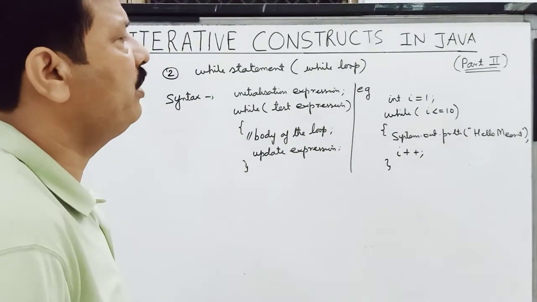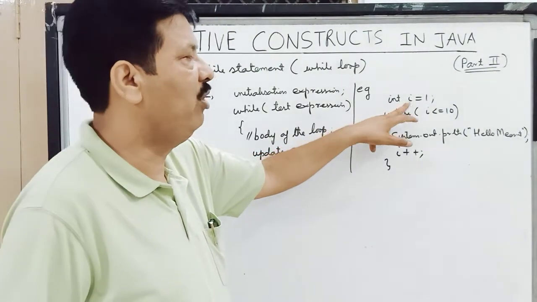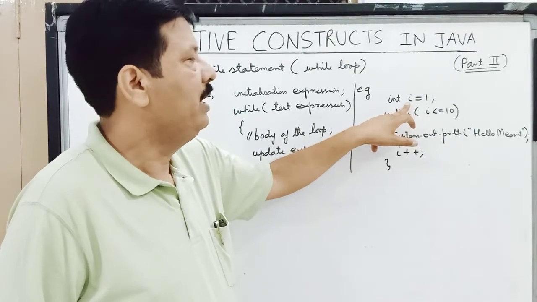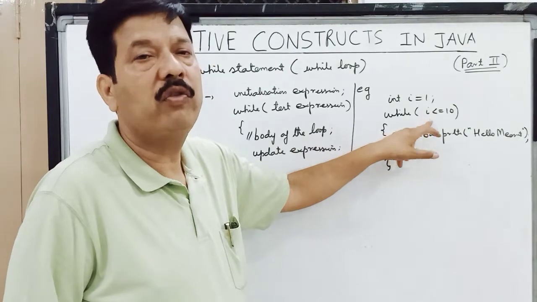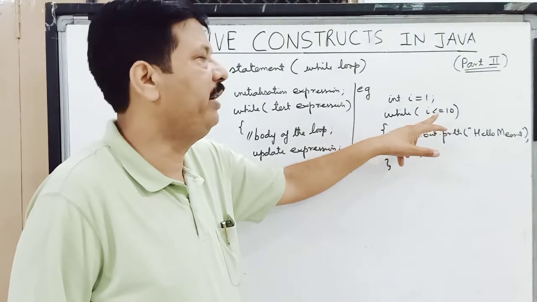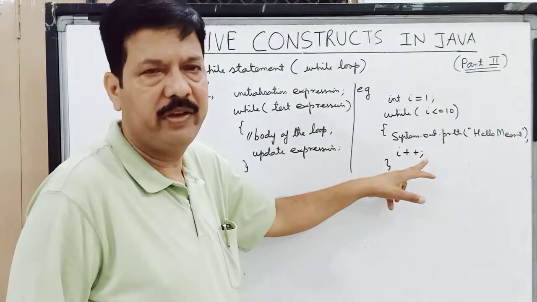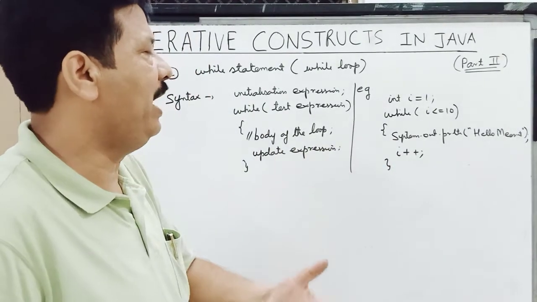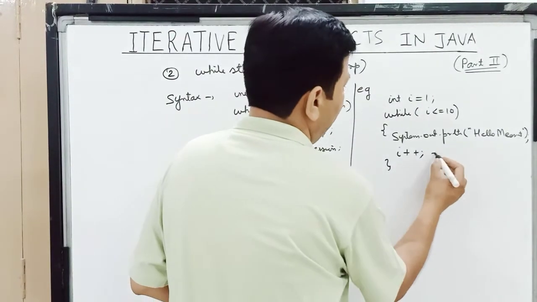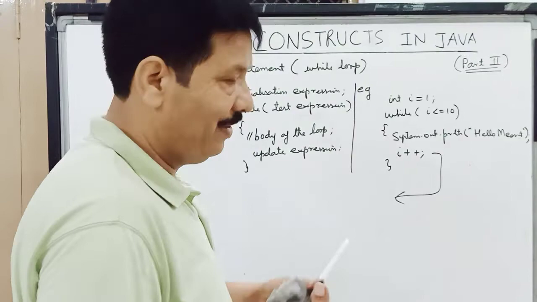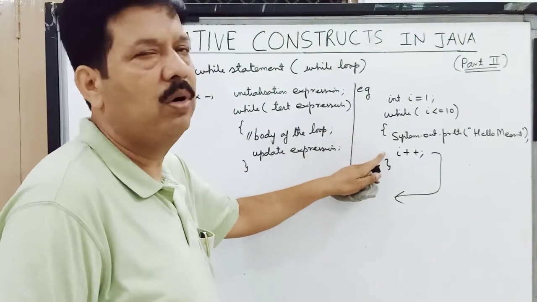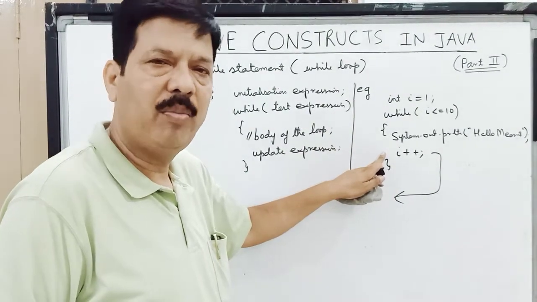Now children, if we talk about its important points, first point I have already told you that this control variable is of any data type. Then the next thing is that this loop executes only till the test expression is true. And children, one more thing which I have told you, that at any moment of time you can come out of the loop. So we have statements to do that, but at any moment of time you cannot come from outside to a statement within the body of the loop.